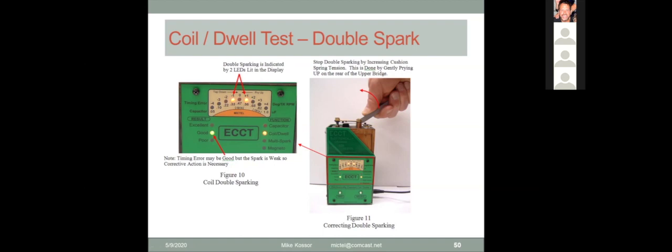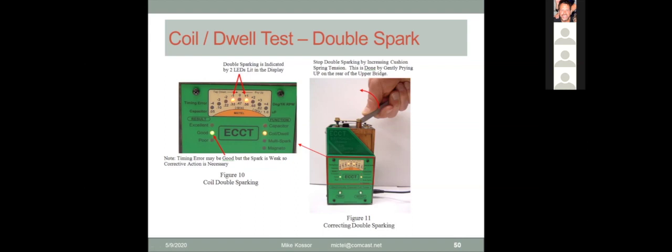And so the problem with that is the cushion spring contacts pulling away from the vibrator spring contact, or I should say it the other way around. The vibrator spring contact's pulling away from the cushion spring contact too fast. It opens and closes, opens and closes. So that's typically not enough tension on the cushion spring. We know that it could be too much tension, and so one of the things you could do is take a look at the tester